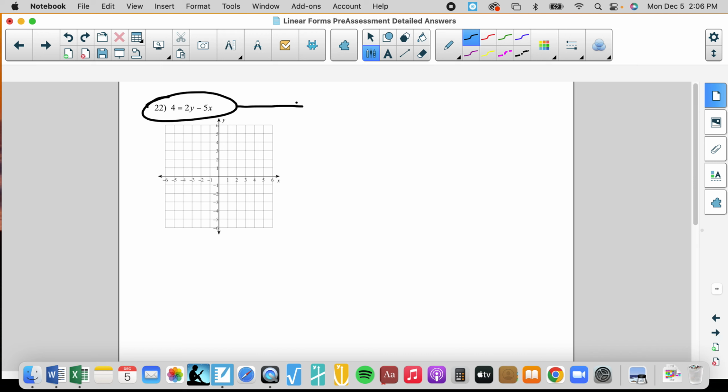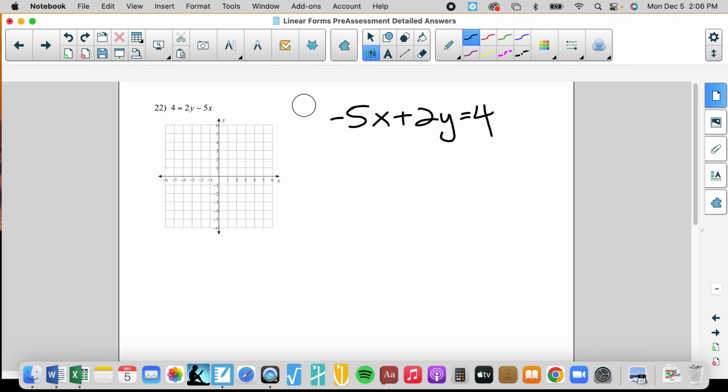This one, again, we can do some rewriting. If I write negative 5x, I see that that negative is attached to the 5, plus 2y equals 4. So I didn't move anything mathematically. I just rewrote it a little bit. This is on this side of the equal sign, so I could have written negative 5x plus 2y equals 4, and then I just flipped it. I wrote that before that. So this is in standard form, so I know I'm going to find the x-intercept